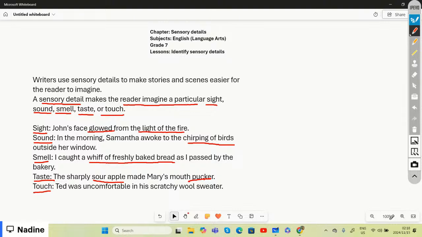And when it comes to sensory details, I, for one, want to feel as if I am in the book. I see what the writer is trying to see. I hear what the writer is trying to hear, or the sound that he or she is trying to portray. The smell, the taste, the touch. Sometimes the smell can be described as the perfume that somebody wears, the sweet smell of